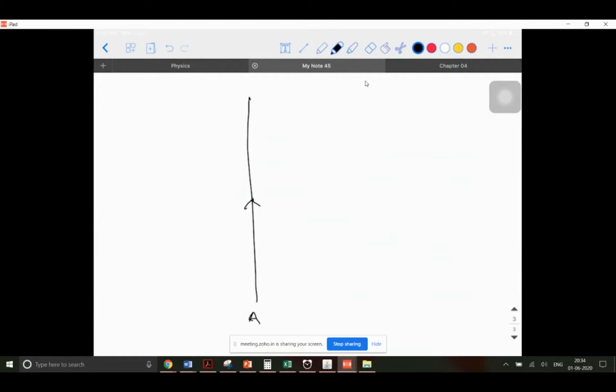If I have a conductor AB, and the current is flowing in the upward direction, remember, for any current carrying conductor, on either side of it, the magnetic fields are always in the opposite direction. If you recollect this concept from your 10th standard, you would have drawn some circular rings around it. So you will draw an arrow mark like this. This means one side it is going into the plane, the other side it is coming out of the plane.